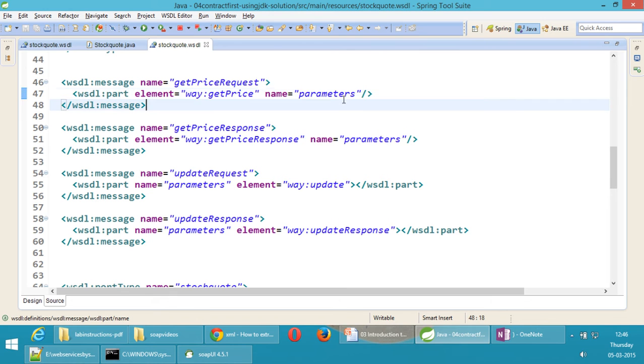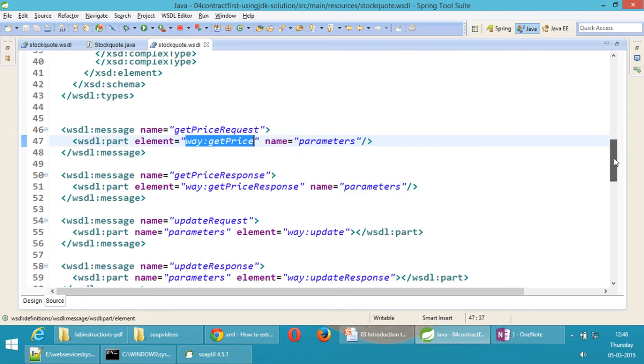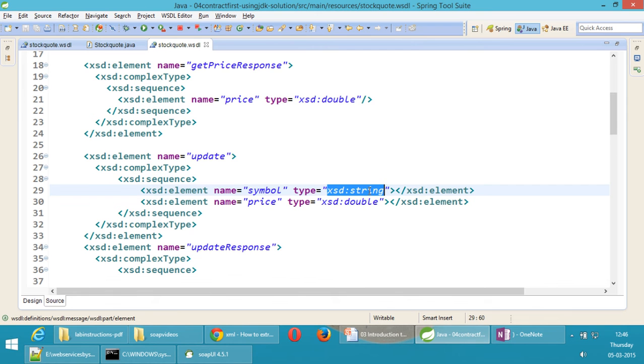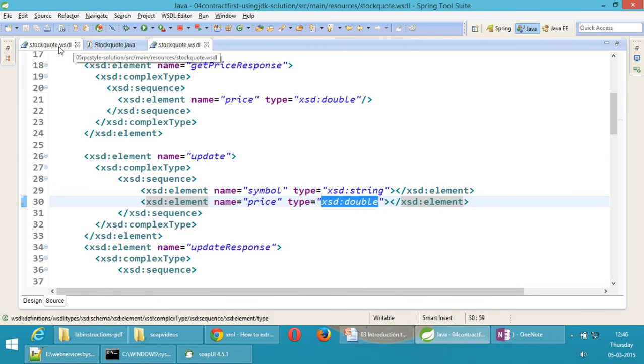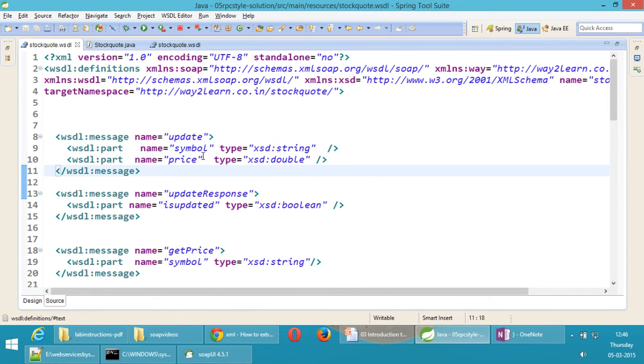Part name is parameters and element means we are telling it to go inside the schema. So we are referencing the schema. In the schema, the types are already defined. But whereas in the RPC style mechanism, for each part we have to specify what type this part is. String or double, what? Okay. So that's how I wrote my result.